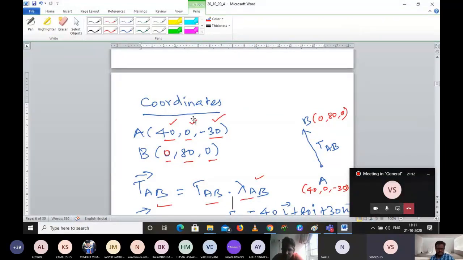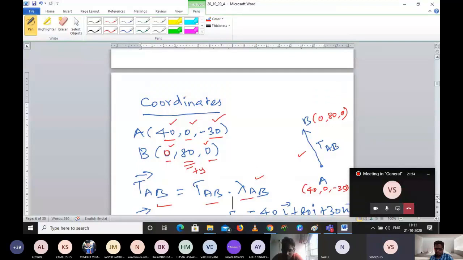That is the thing I am saying. If you are drawing a free body diagram like this, then everything will be easy. I am talking about this one. Once you have done the B point, you know that the x value is 0, the z value is 0, and it is acting only along the positive y-axis. So once you have done that, it's similar to the previous problem.